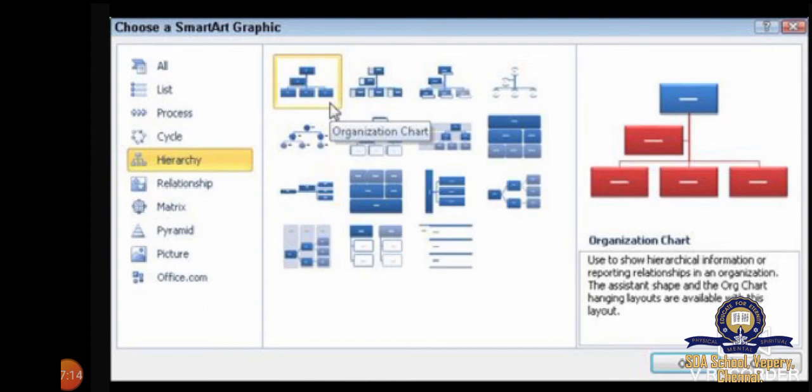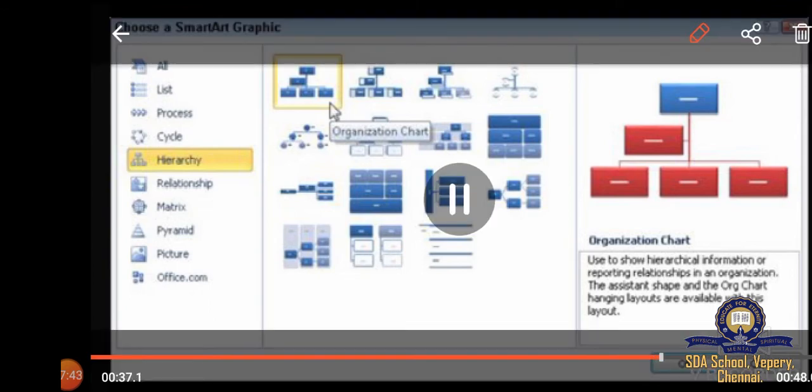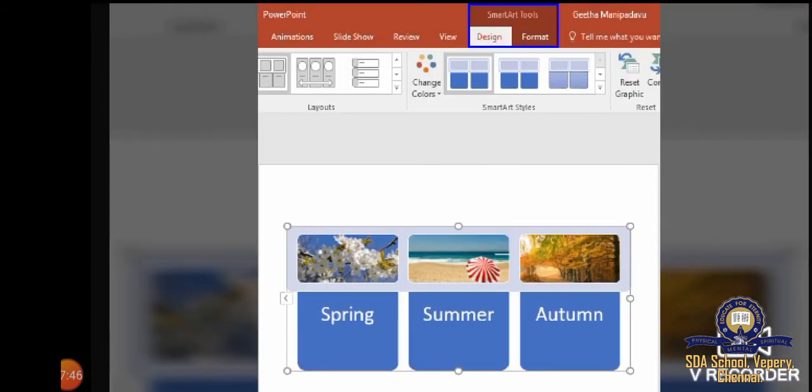Whichever smart art graphic you want, you select that particular portion and then type the text in the dummy place. And when a smart art graphic is selected on the worksheet, two new contextual tabs are activated on the ribbon. They are the Design tab and the Format tab under Smart Art Tools. Okay, this is the picture of the Design tab and Format tab under Smart Art Tools.